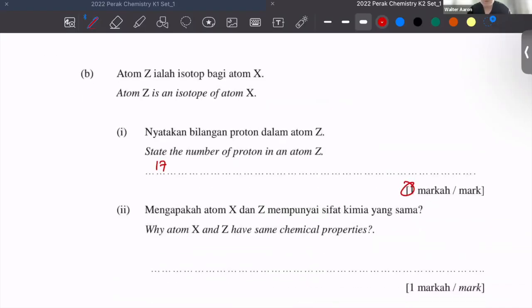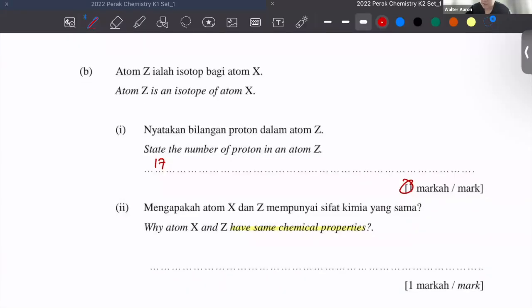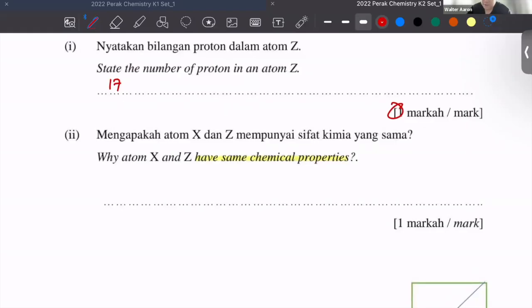Why do atoms Z and X have the same chemical properties? Usually they have the same chemical properties. Being isotopes, they're still the same element and they have the same number of electrons. So your answer can be very simple. You just say that they have the same number of electrons, or if you want to be more specific, you can mention the word valence electrons. So therefore, I can just put here X and Z